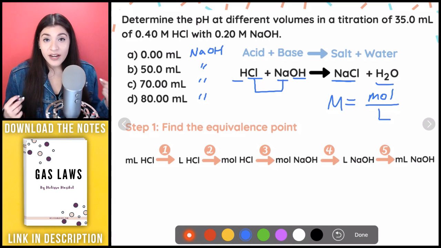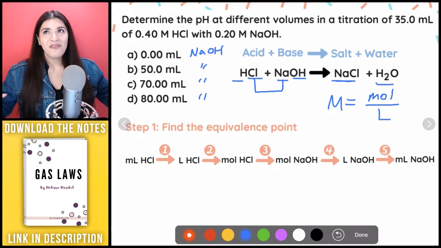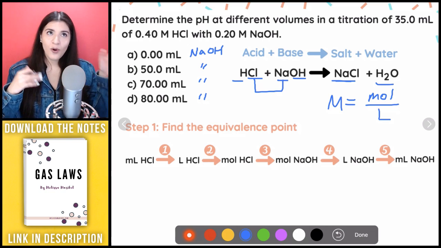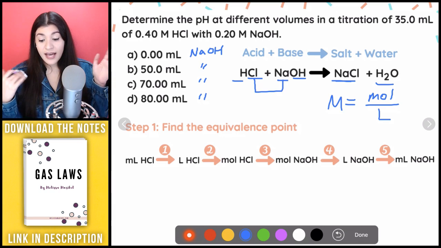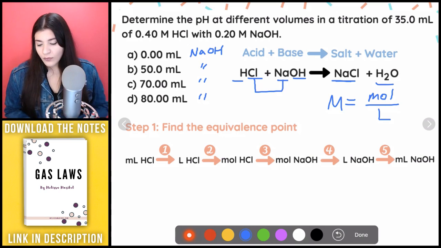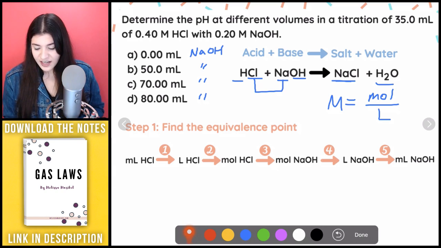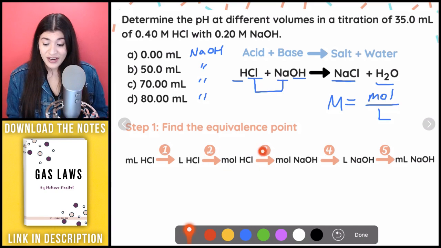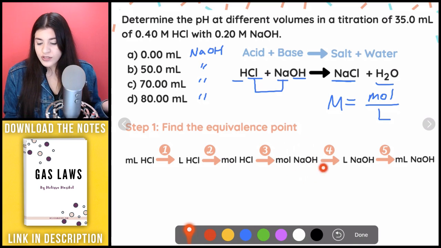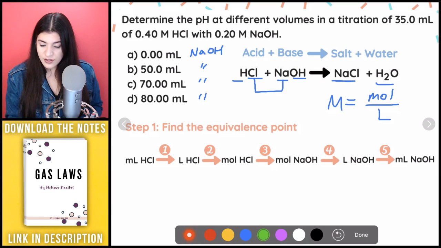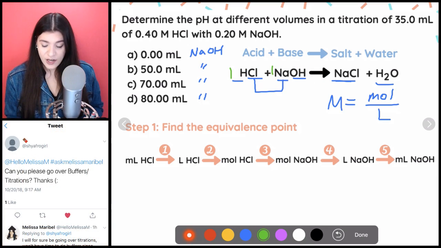So that's kind of the main thing that I want you to look at, by the way. With molarity, we're pretty much piecing everything that we previously learned in Gen Chem 1 or the first half of chemistry, and we're now putting all of these ideas together. So just knowing that molarity is moles divided by liters, that's going to help us because that helps us get to moles of HCl. Next, we want to do a mole-to-mole ratio to change the compound. So we want to get to moles of NaOH, and we use the balanced equation for that, right? Just the 1-to-1 relationship that we see here.